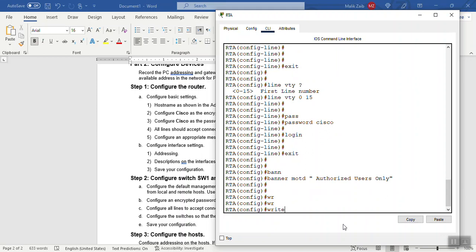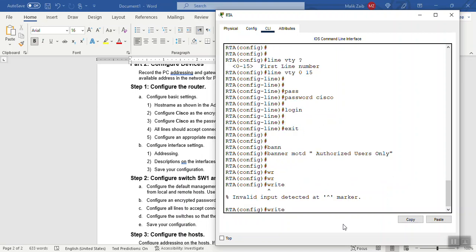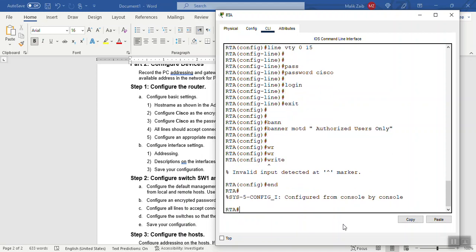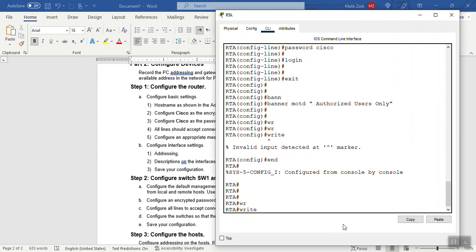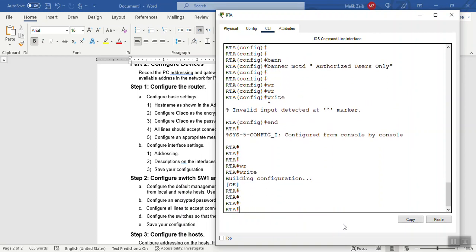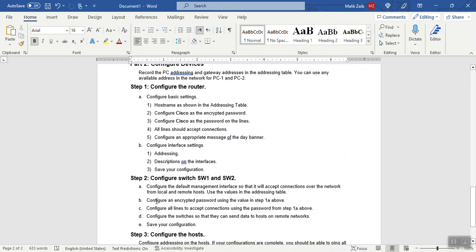Sorry, you have to exit from here first with the end command or Control plus Z. Then you will be in the user mode. Here you write the WR or write command, and your configuration will be saved. Clear? Now we will go to the switch, and we will do the same steps as given here.